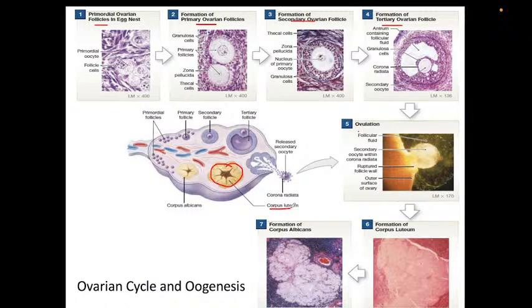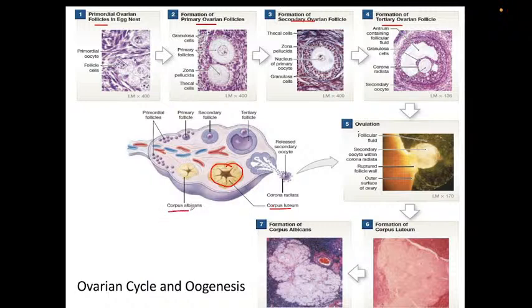These are cells producing one of the important hormones we call progesterone. And if there is no pregnancy, then it decreases, and